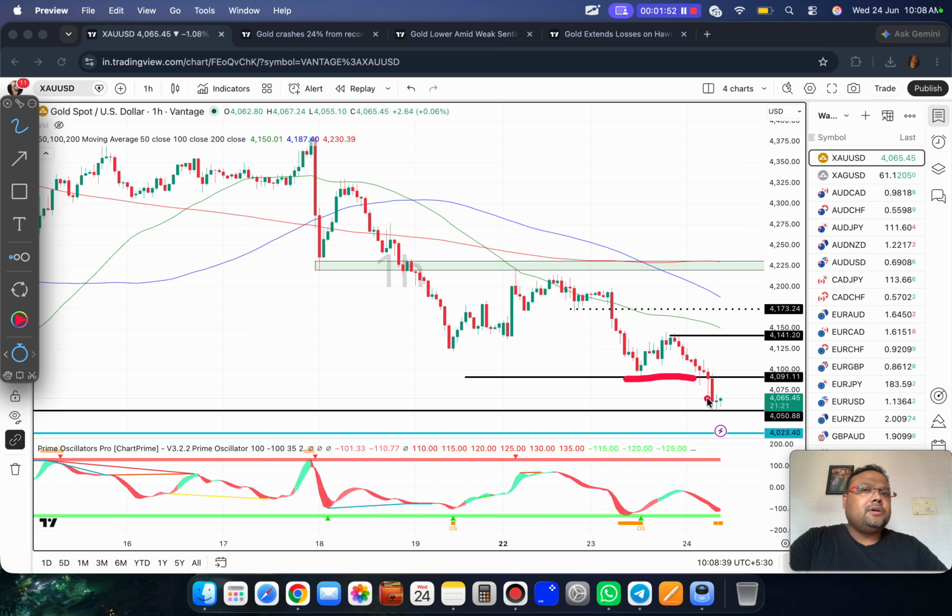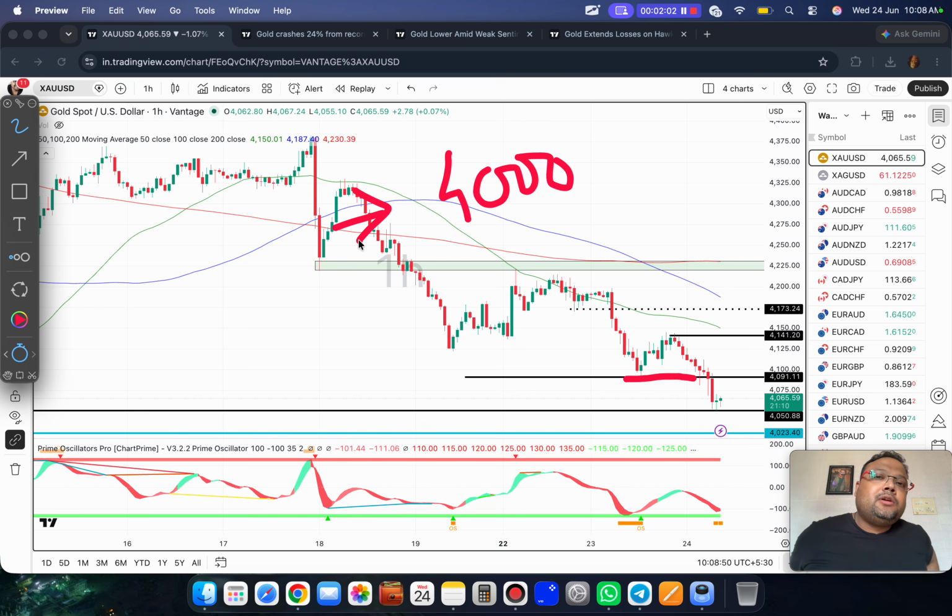If you have any ongoing sell, you can hold your sell position, but you need to be careful because the market is almost standing at the crucial 4,000 level. So today, do not go for the usual regular lot sizes. Try to reduce the lot size, because today the risk is a little on the higher side.